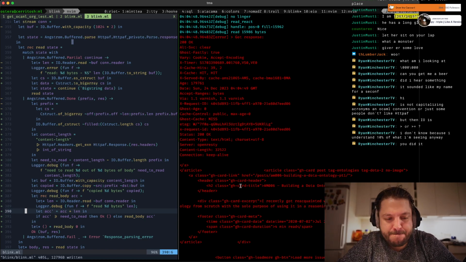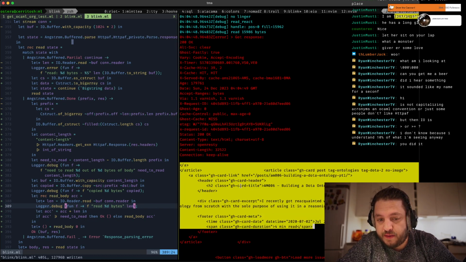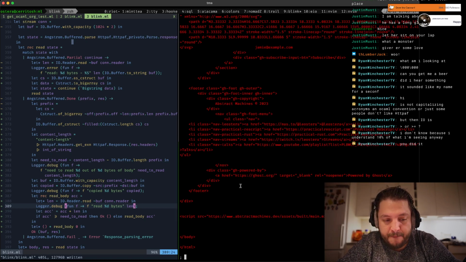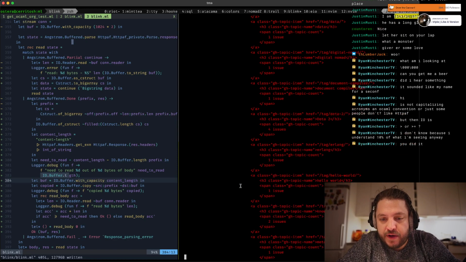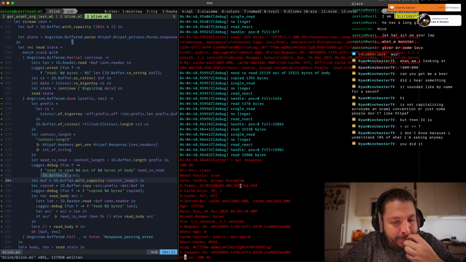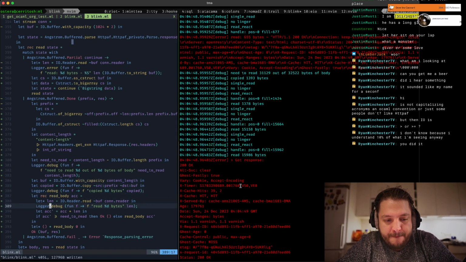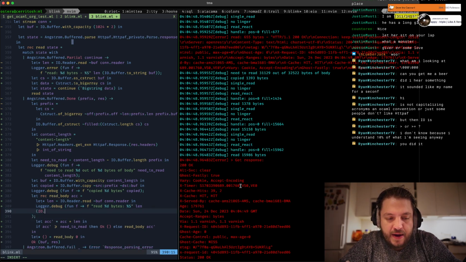However, we don't actually see the entire website, right? Like the buffer that we're using, this buffer, doesn't actually get all the contents in here. And I don't know if I'm missing something in the reads, right? So maybe we can just read that out, right? IO buffer to string buff and